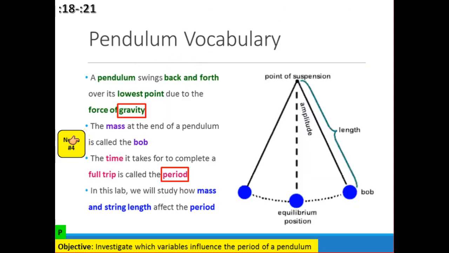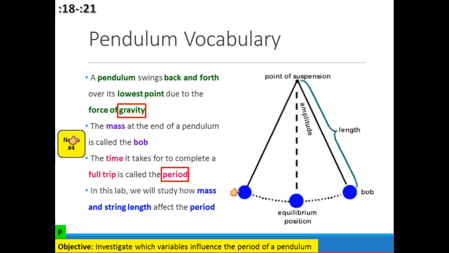So again, as we just saw, a pendulum swings back and forth. What we see here is that the lowest point is due to the force of gravity. So we know it's being pulled down by gravity, right? And the point at the top where it's being held is called the point of suspension. And the mass at the end that's being swung back and forth is called the bob.